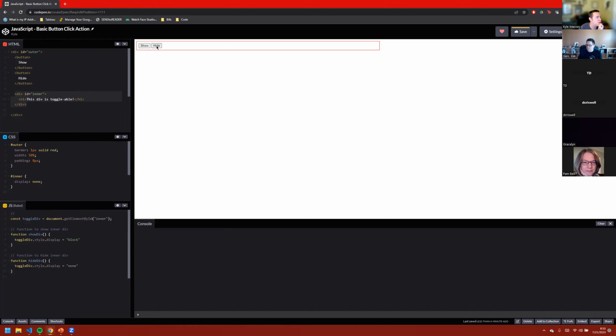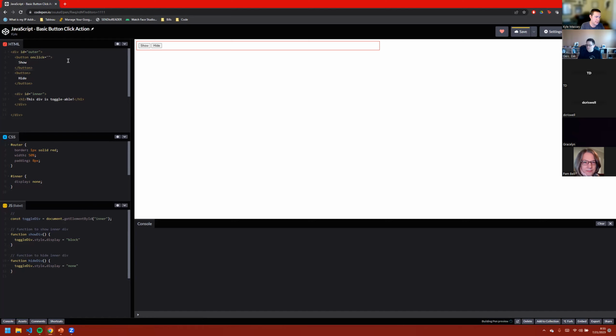But notice though, the buttons don't do anything yet because I didn't tell them. JavaScript's like, okay, you've got this function, but there's nothing to trigger these actions yet. So this is very easy, and this used to be harder. Modern browsers, modern JavaScript has made this a lot easier. So if I go up to my buttons here inside of the HTML portion of the pen, after the word button, I add an action, and in this case, it'll be called onclick equals,